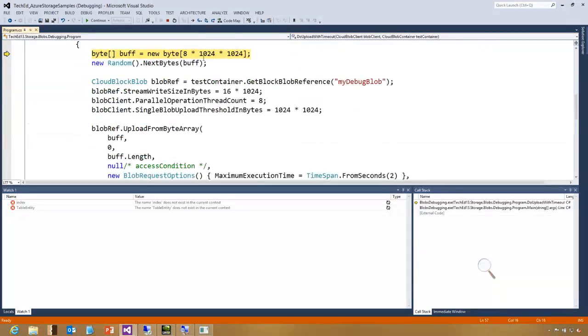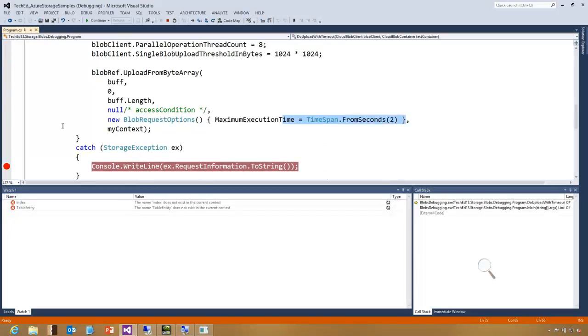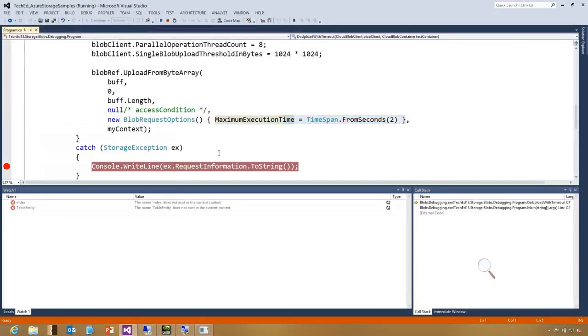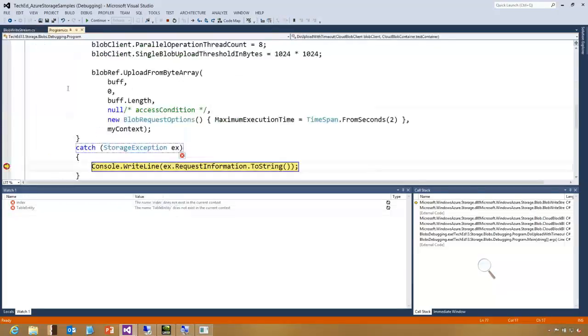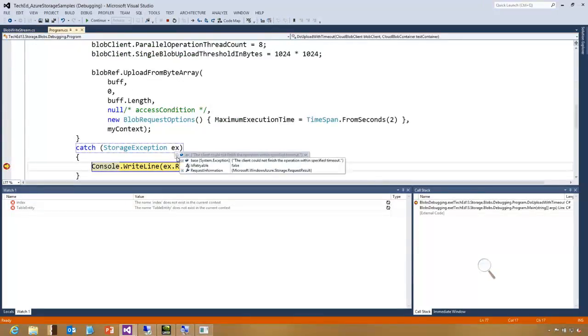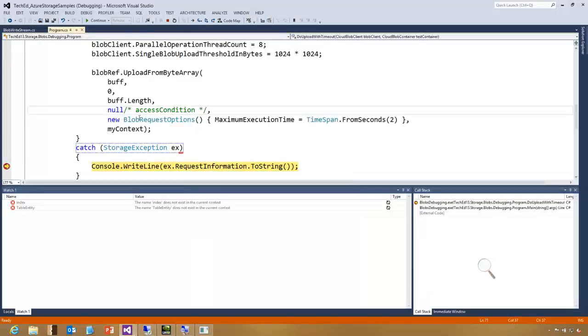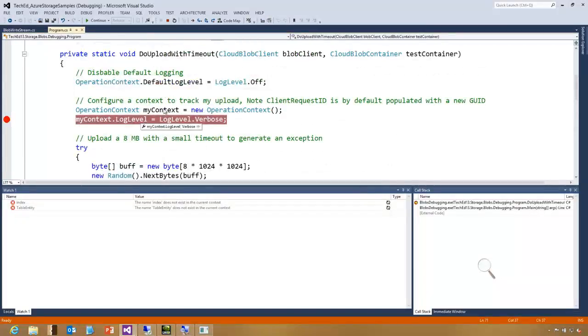All right, so I'm going to try to upload a blob that's 8 megs using a very small block size and high parallelism in 2 seconds. And most likely this is going to fail. All right, so I got an exception, as expected. These exceptions have that request information for the thing that failed. So I can see the status code is 408. I can see the client could not finish the operation. But if I look at this context object now,